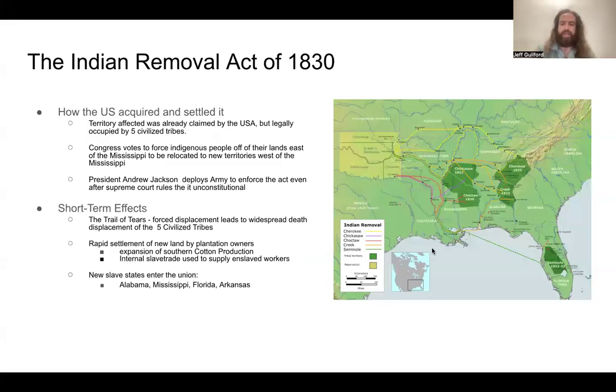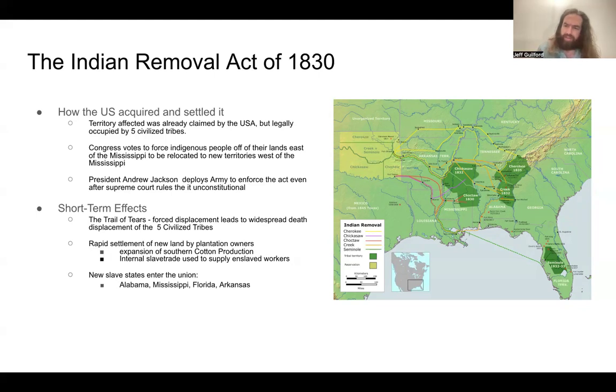The next big territorial land grab that the United States does is the Indian Removal Act of 1830. So, what's going on is even though the United States already controlled a lot of this territory down here in the Deep South, they had signed treaties with a number of indigenous groups that had come to be known as the Five Civilized Tribes because these guys essentially cooperated with and also adopted a lot of U.S. cultures and policies and stuff like that. So they had adopted farming.